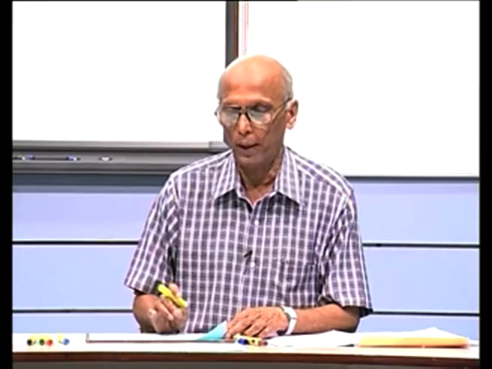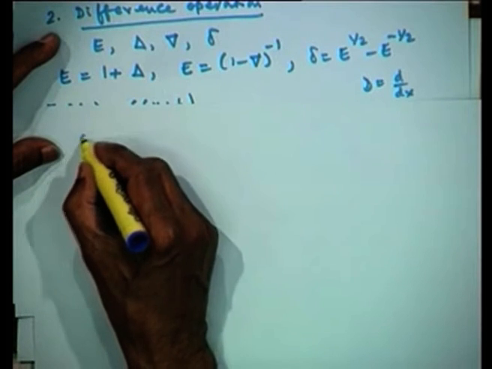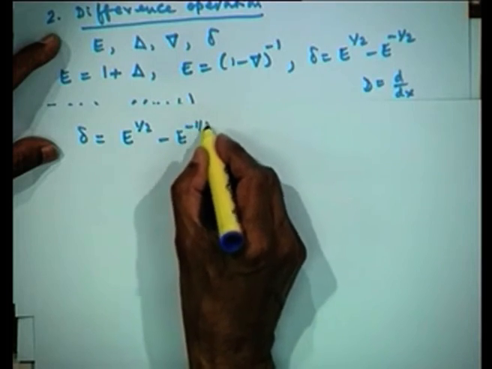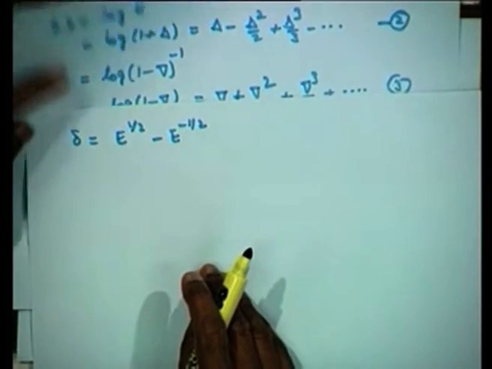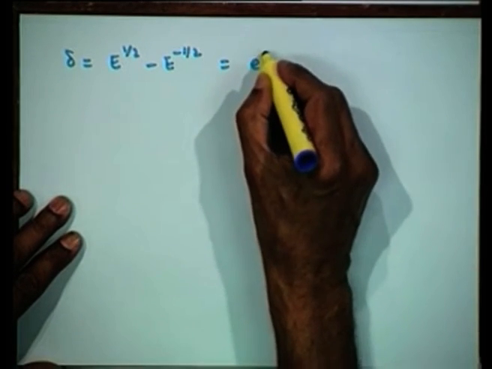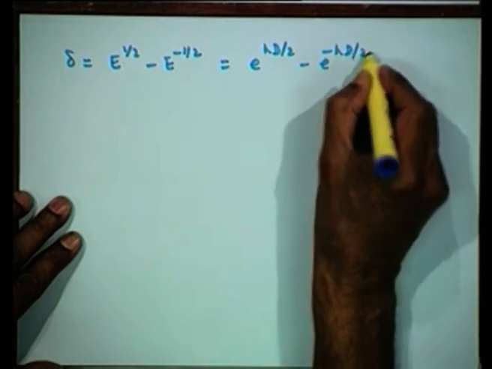But there was one formula earlier which we have derived at the middle point, which we have shown as symmetrically placed f 2 minus f naught by 2 h. Now, let us have a look at how that formula can be obtained, and for that I will use the central difference, the formula that we have written. We have delta is equal to e to the power of half minus e to the power of minus half, but e is equal to exponential of h d. So, I will write down exponential of h d by 2 minus exponential of minus h d by 2.